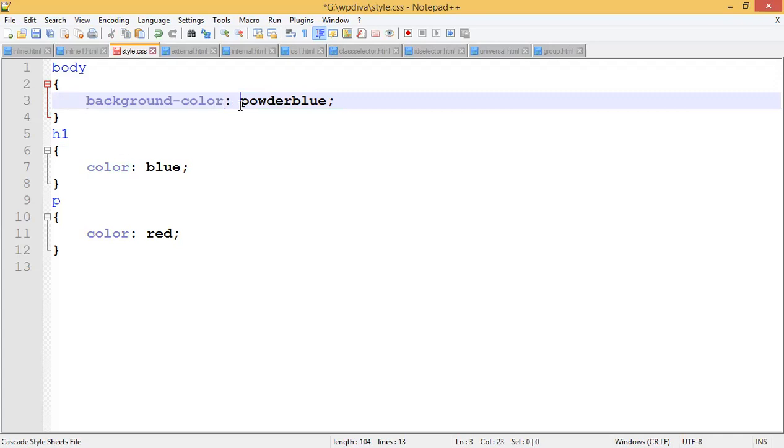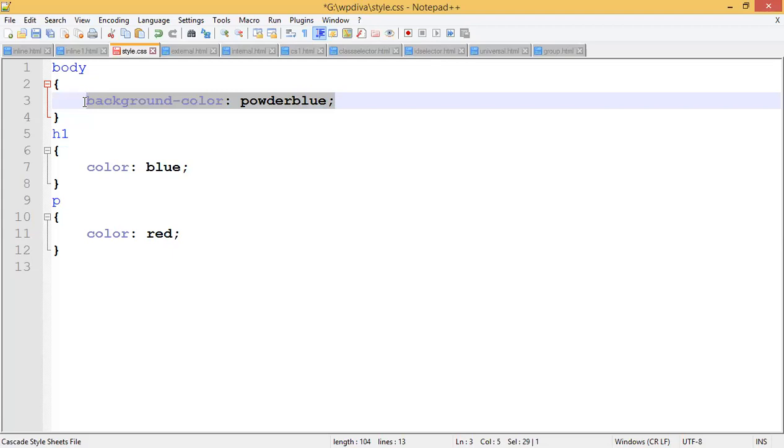Okay. After that, you can give one space or immediately type what background color I want to apply. Powder blue. Okay. I want to apply it as powder blue. So you can give the name of colors, or you can use the hash symbol and take a combination of digits, or it's better you directly give the name of the colors. So I'm giving a slightly less light blue. Okay. Then I'm ending that with a semicolon. Compulsorily, this format you have to follow. Otherwise, the code will not run.